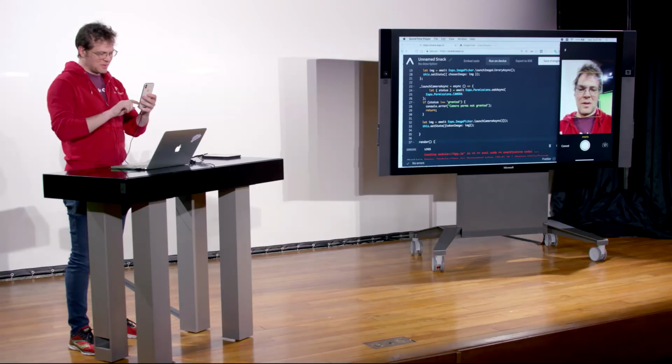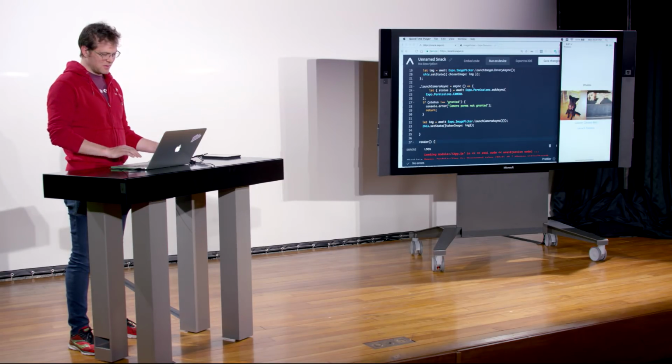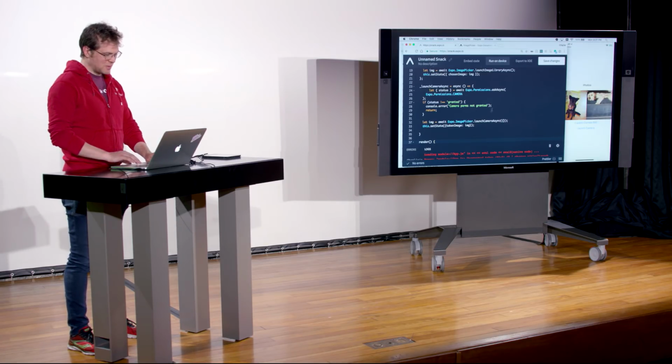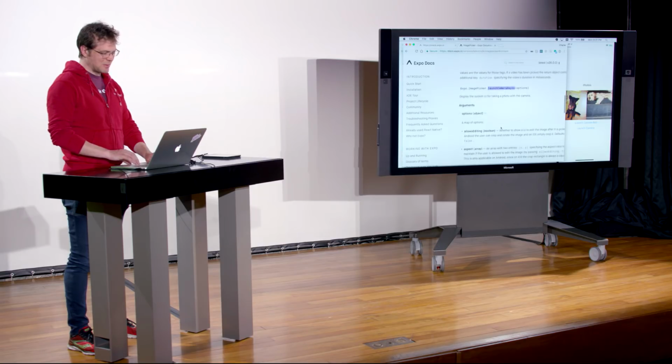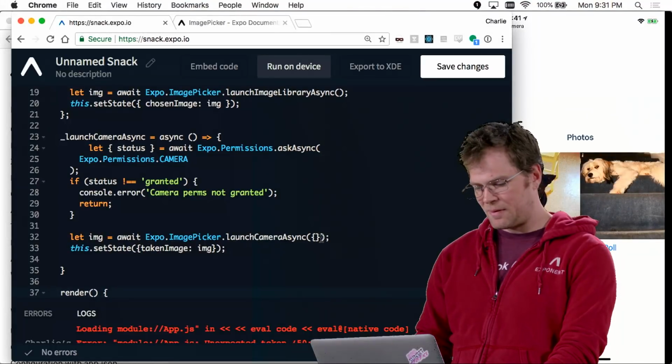Cool. So if I take a photo, it'll give me a chance to retake or use the photo. I can say use photo. Now we just did set state, but we don't do anything with that image yet. So one thing you can control here is there's actually a couple options that are sort of interesting here. One of them is allows editing. If I turn on allows editing,